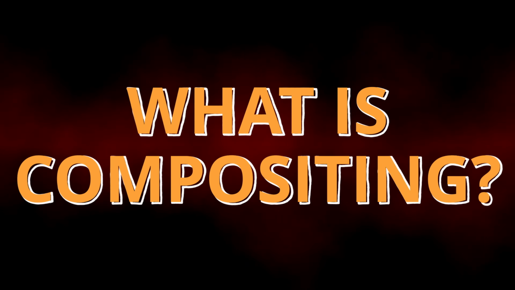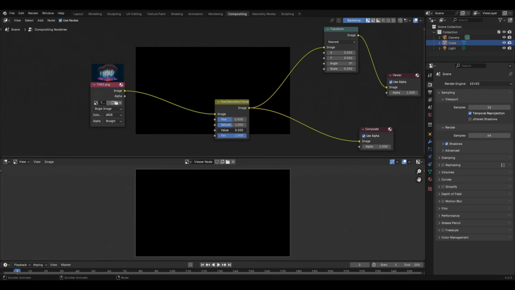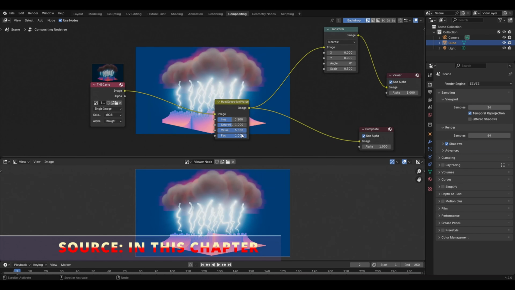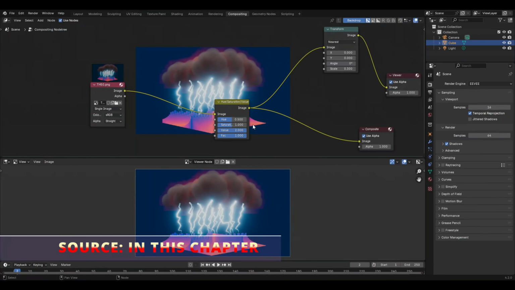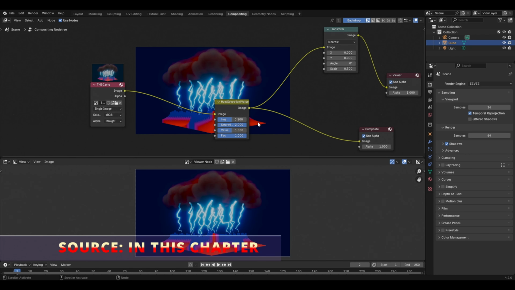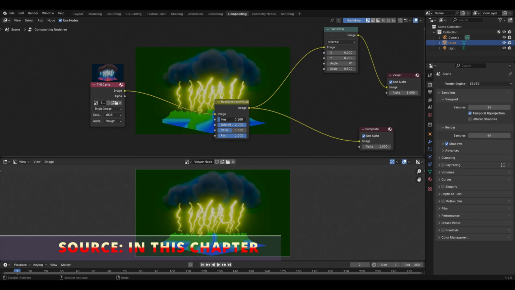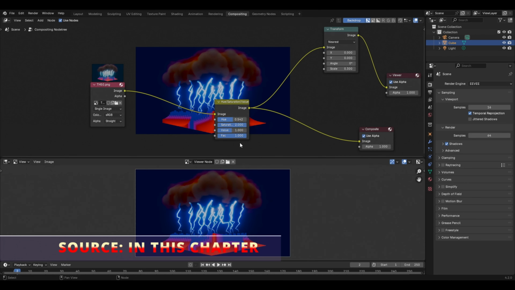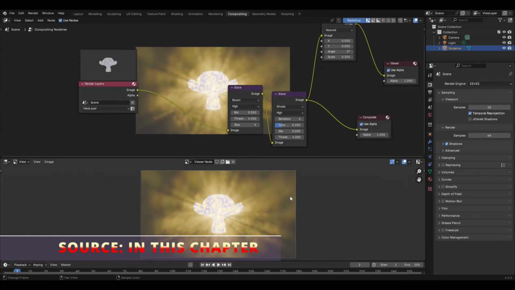For those of you who do not know anything about compositing, it is basically a tool in which you simply use the node system in Blender in order to enhance an image or a sequence of images. It also includes things like changing some specific colors in the image, the glowing effect, and many more interesting things which can easily be done simply by adding a node in the editor, and all this will give your renders a completely different and unique look.